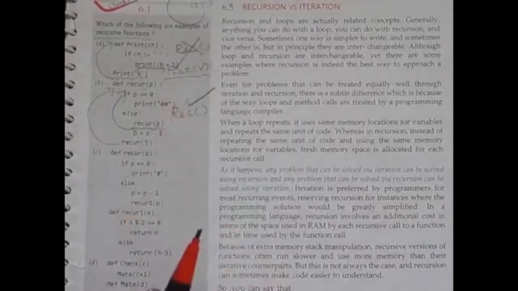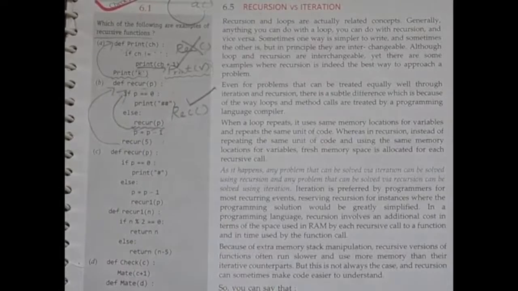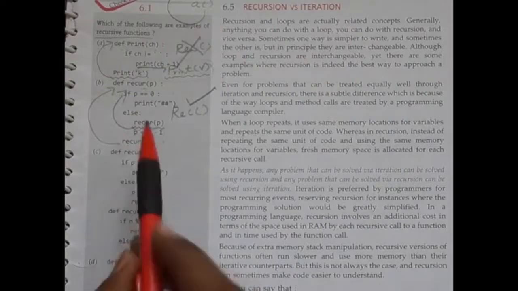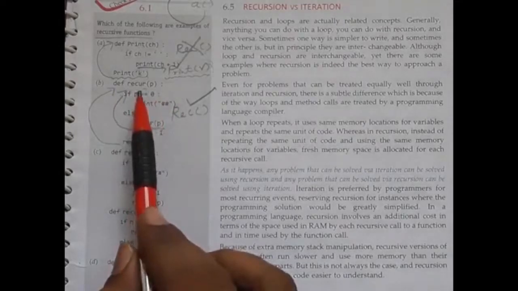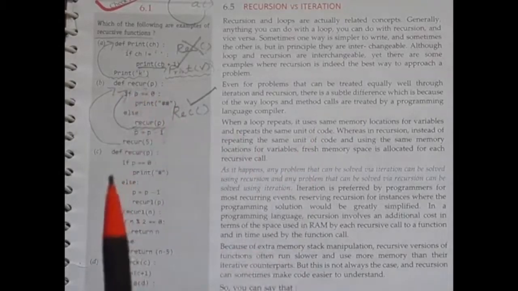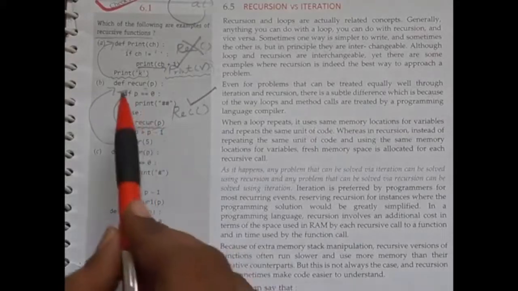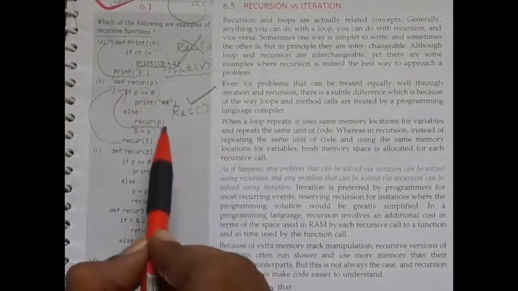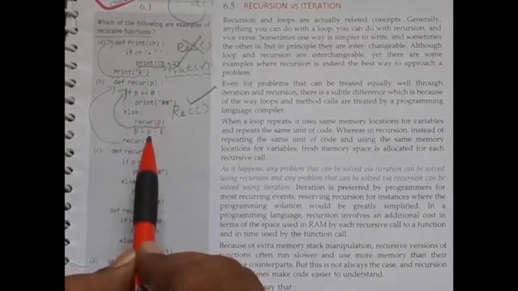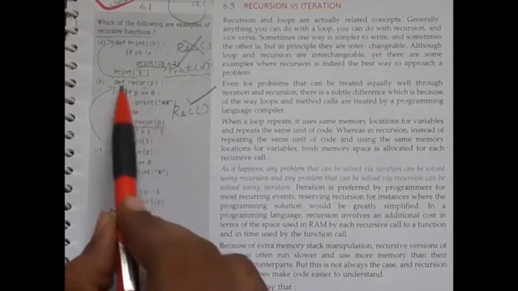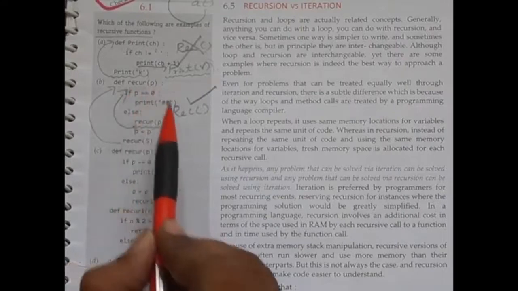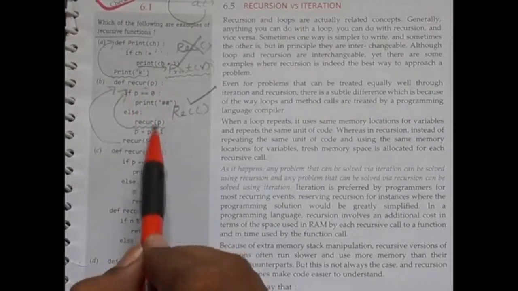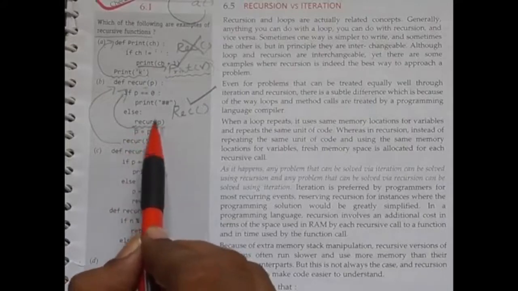So listen, we can go for the next one. Okay, B option. Now you tell me whether the B option is a correct recursive function or not. Yes, listen. What is the recursive function name? Yes, recur. Where is the function body? Function body starts from here and ends here, starts from if and ends with p minus 1. Got it? Okay. Inside the function body, is there any same name recur calling statement? Yes, here we can find the recur function calling statement.